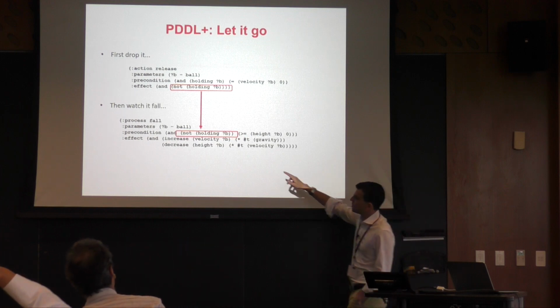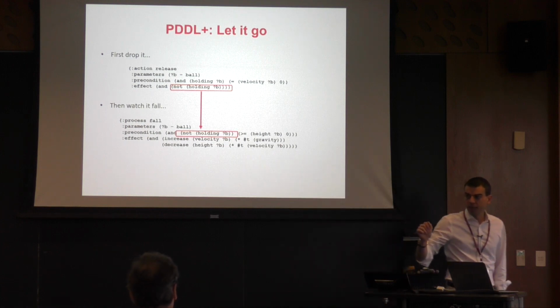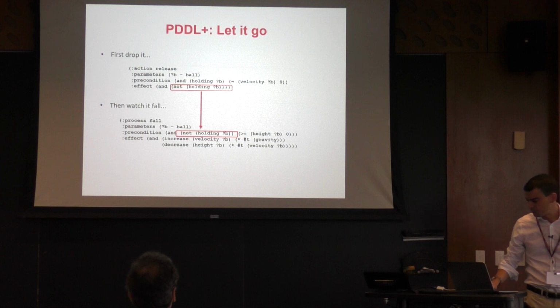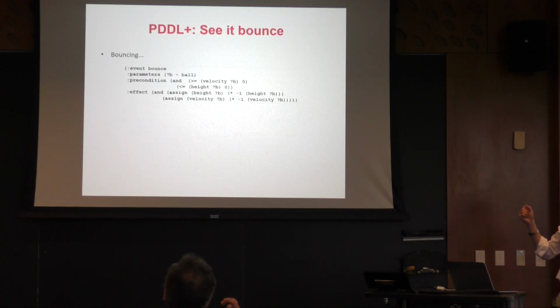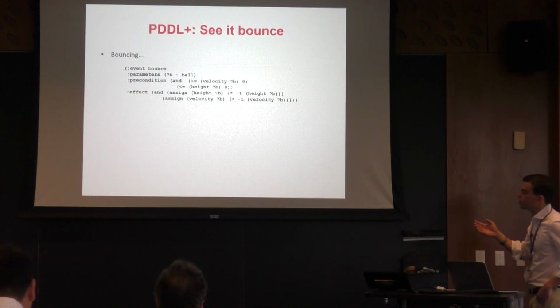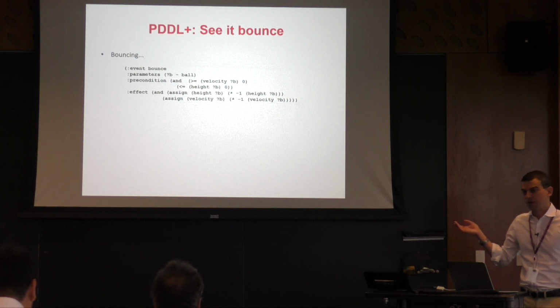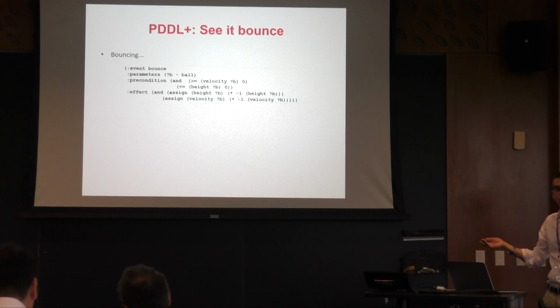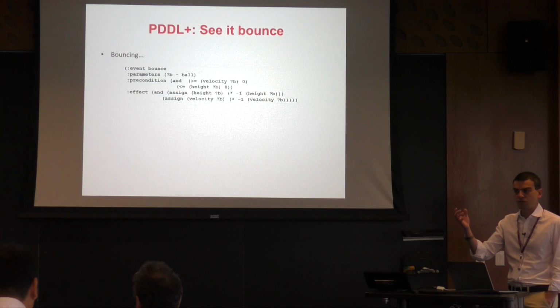And the effect here is that when the process starts, it changes the velocity and the position of the ball over time. Again, this is a continuous change over time. And then you want to model the fact that at a certain point the ball can bounce, right? And this is called an event. So in PDDL Plus, we introduce processes and events, meaning that processes are used to model continuous change. Events are used to model changes in the environment. So this is not an action of the plan, but it's something that happens because of change in the environment. In this case, you have the fact that the ball hits the floor and then bounces. So it's an event.